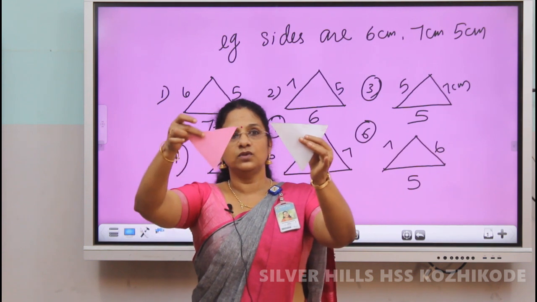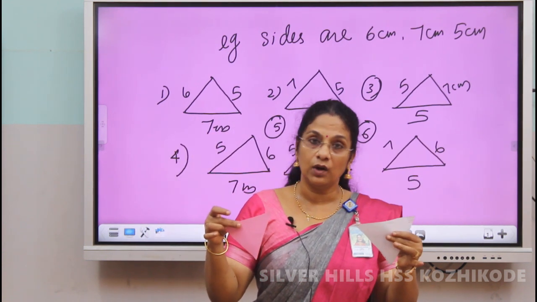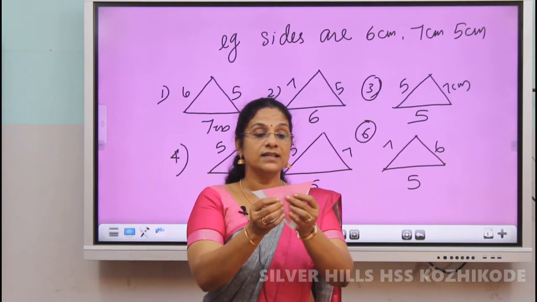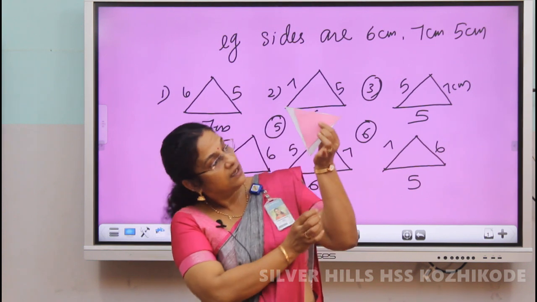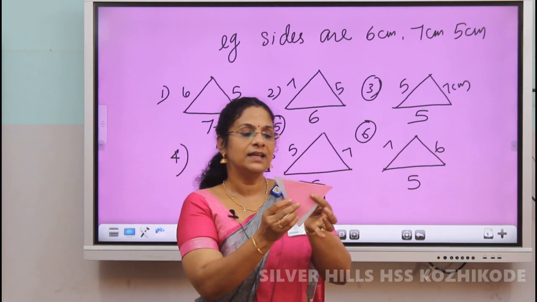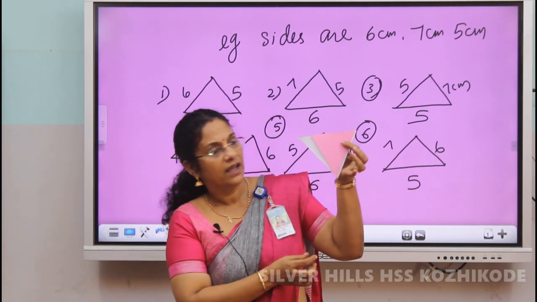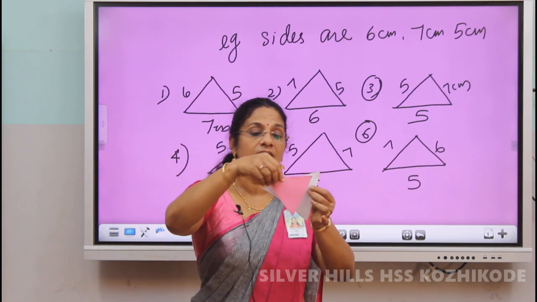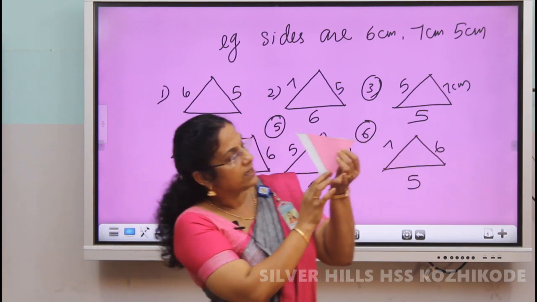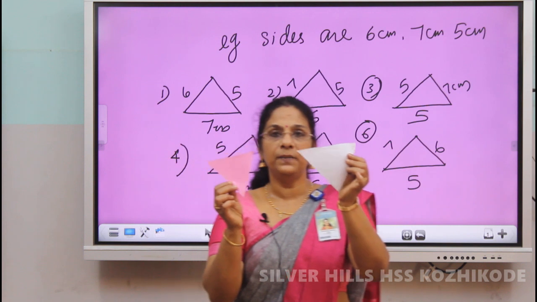Then I want to check are these two triangles equal or not. The same way we can keep one side together, then see both the triangles are not equal. Then I am changing the side. See, again not equal, and I am changing the third side also. Then also we can see that these two triangles are not equal because the white one is bigger.